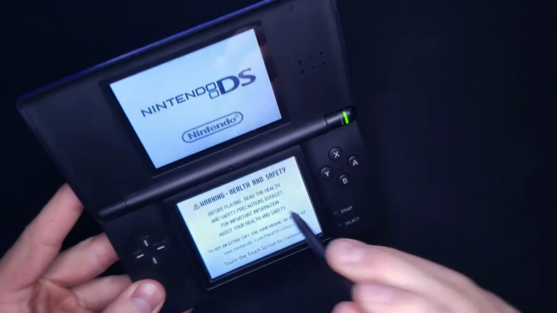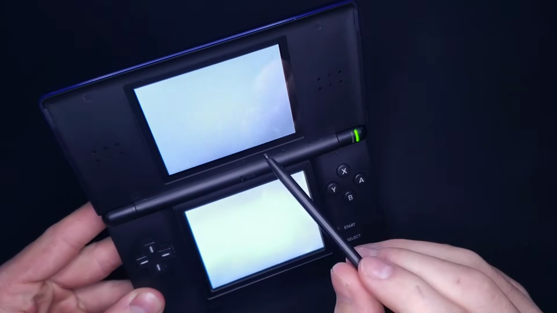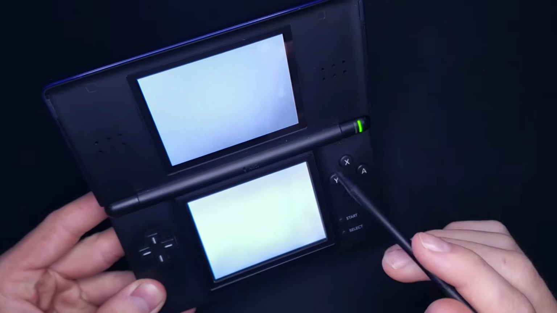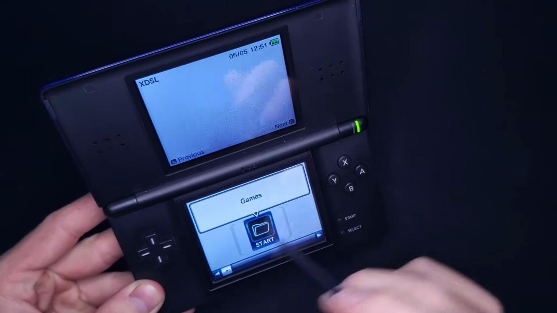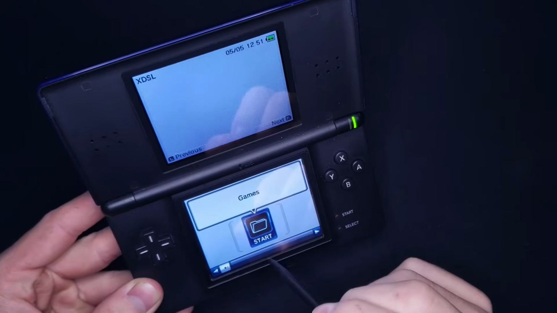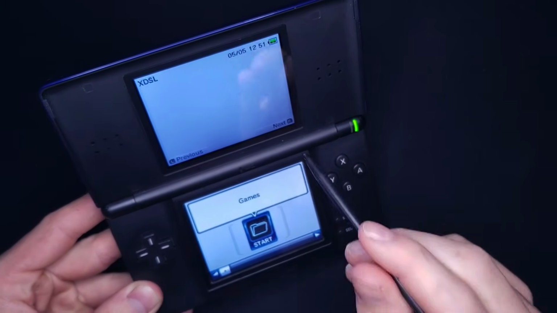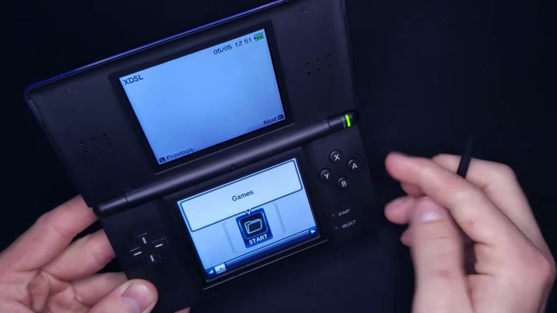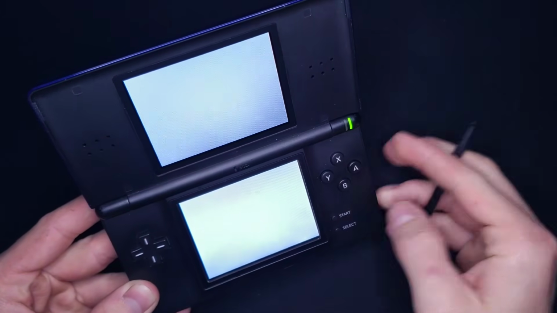Go ahead, hit that touchscreen. It's going to load into our Twilight menu, and as you can see, I have it set to the regular DSi theme. We don't want that. We don't want to see that. We want that 3DS theme that we just installed. So if you are on the DSi theme, you're going to click select,